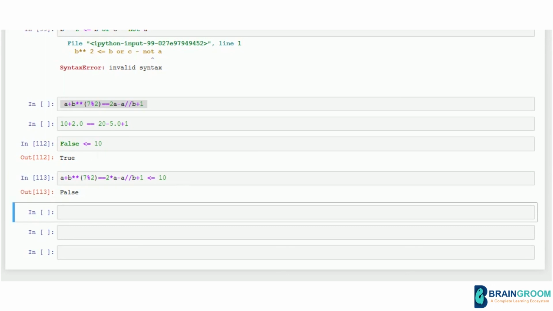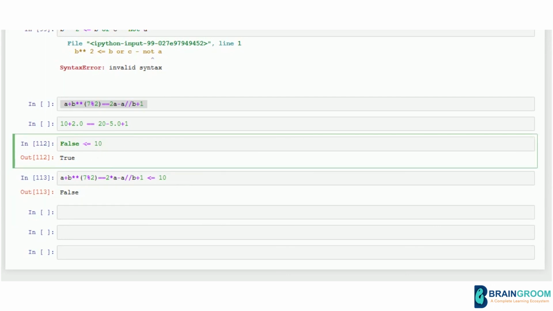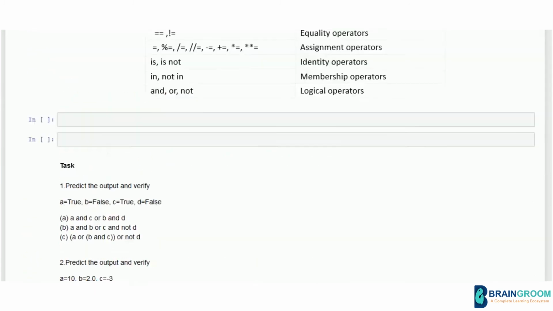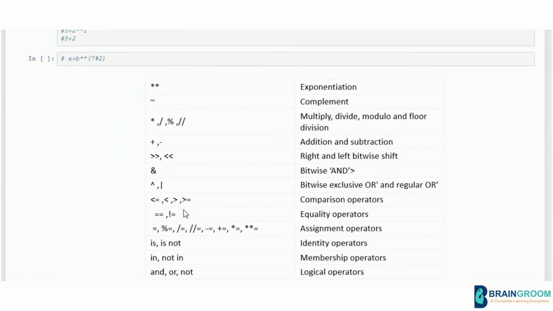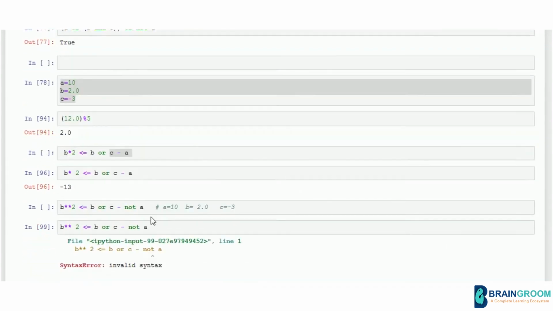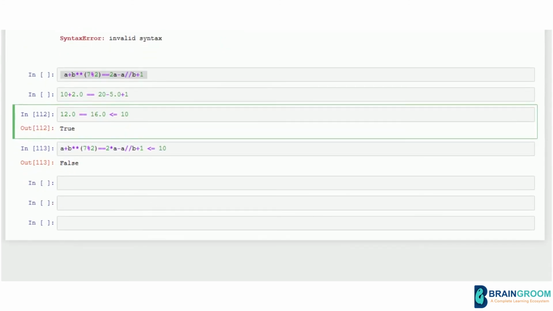I just wanted you to make note of something. At this step we had this, right? So this is comparison and this is also comparison. If you look at the order of precedence even within the comparison operators, we have the equality operators below your greater than, less than symbols, right? So what actually happens is this takes precedence over this. So when we come to the problem, you don't actually do this part first. What actually happens is this gets executed first. So 16 is less than or equal to 10.